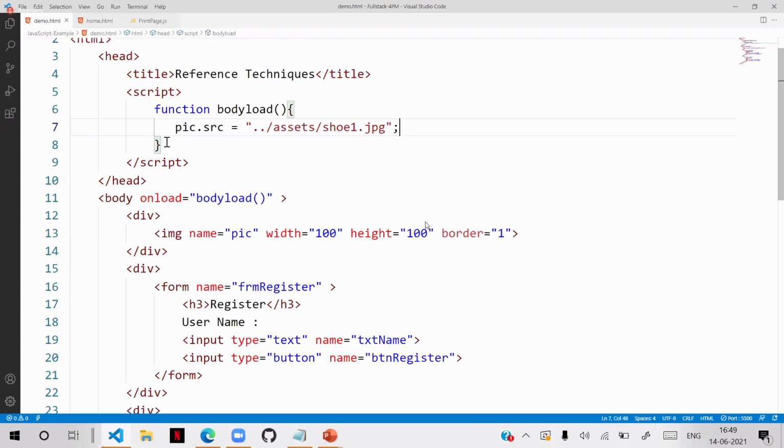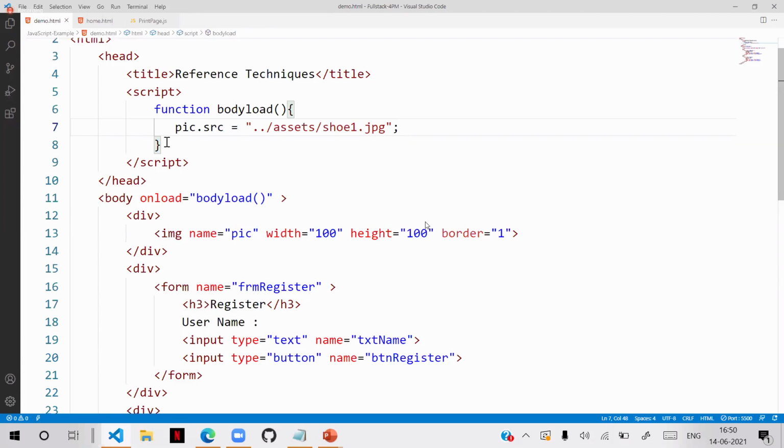That is the problem with name. But if you don't have several elements, or if you want to apply that image at every location, that's good. But if you have a same-name element somewhere else, but for that we want a different functionality, you cannot. It will apply the same for everyone.